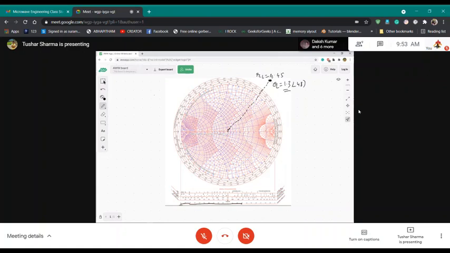Okay, so now the center is found, CL we know. Now RL is 0.45. You will go back again to the origin, mark 0.45, and then you will put your compass at 0.45, I think it will be approximately this much, and then you will draw a circle. Okay, now the circle is made.